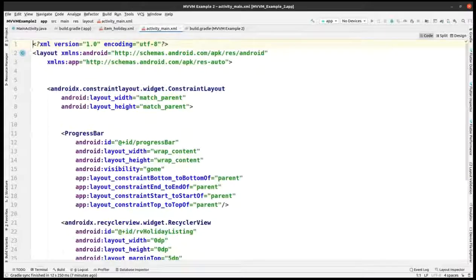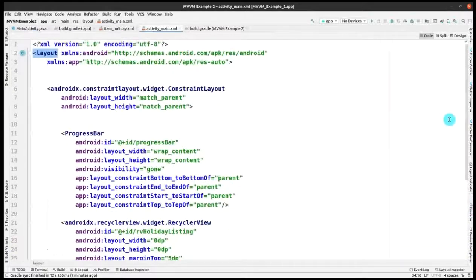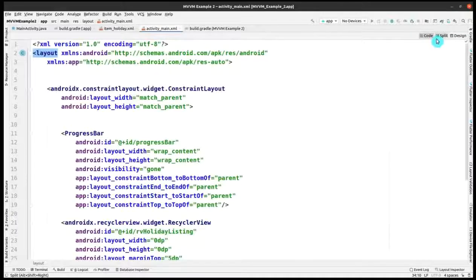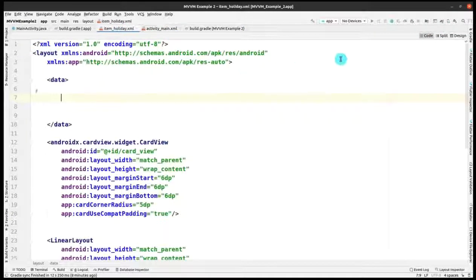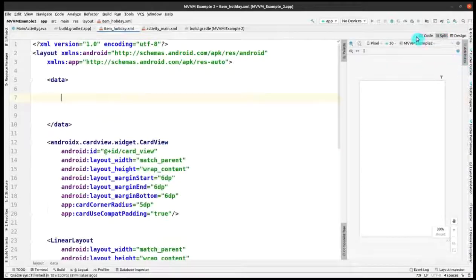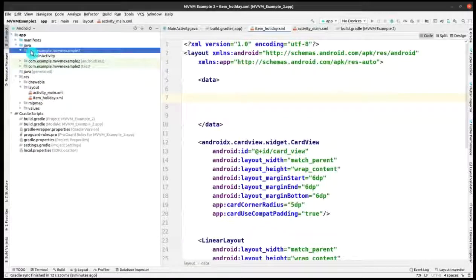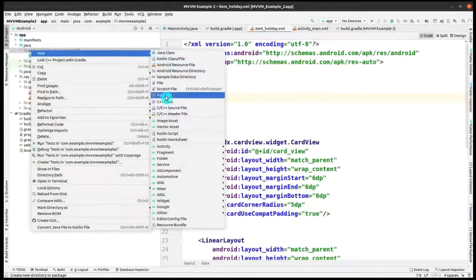Afterwards you have to just make sure that you have added layout, and now I'm just scrolling. If you have messed up anywhere, then please pause the video and correct the code. Okay, so both XML files are done, and now we have to move to the Java coding part, and within this package right click and then create